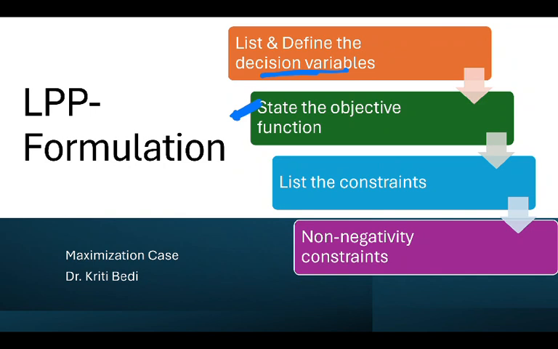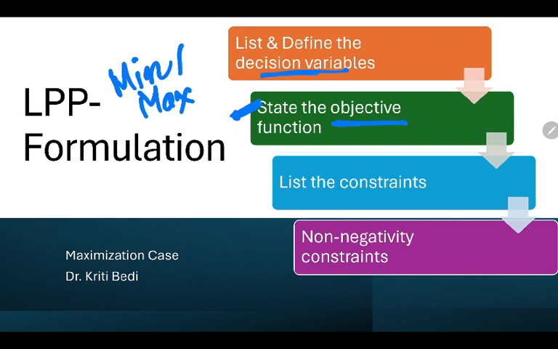In linear programming problems, we have two kinds of objectives. Either it can be maximization or it can be minimization, right? So as a student or as a person, we know that in every organization they have an objective. It can be either profit maximization or cost minimization, right? So for any business problem which will be given to you, you have to identify what will be your objective function. Is it going to be minimization or maximization?